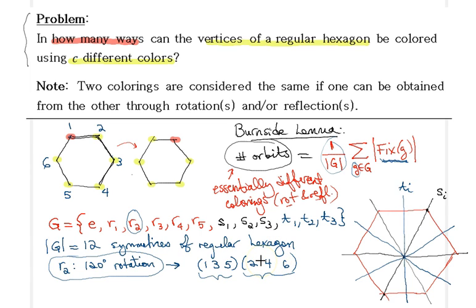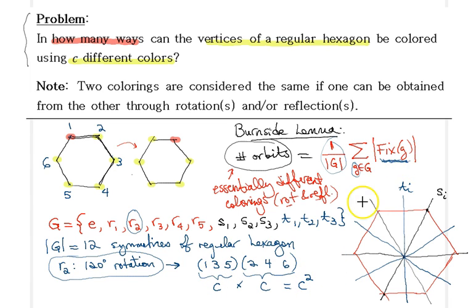That will be fixed, and those colorings are important for us because they will tell us the essential different colorings. So in this case, because we have 2 cycles here, we will have C different ways we can color 1, 3, 5, and C different ways we can color 2, 4, 6, independent of each other. Therefore we can apply the multiplication rule, and we will get C squared different ways to color